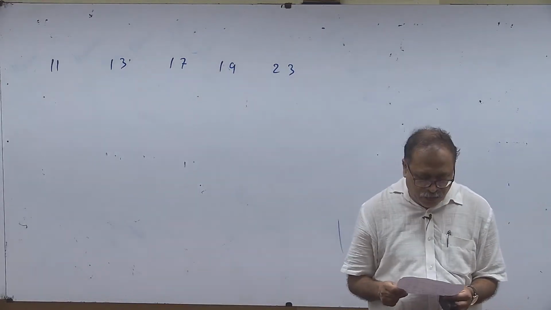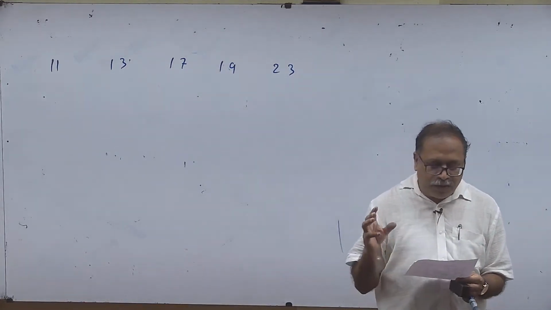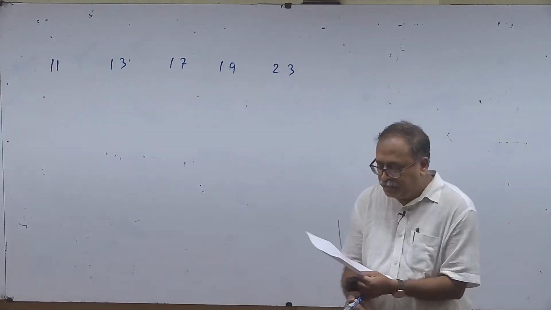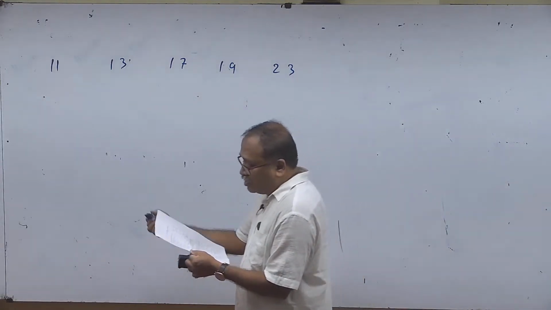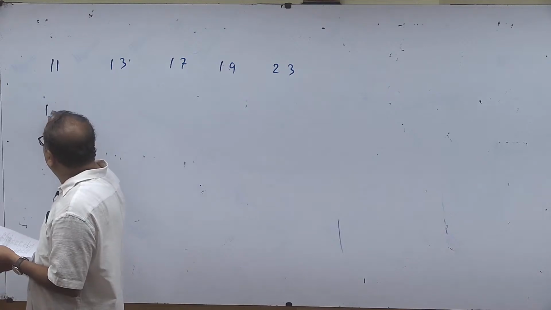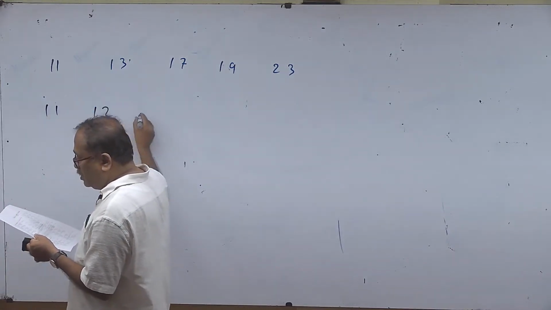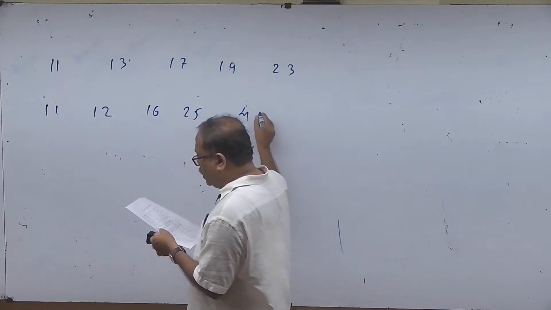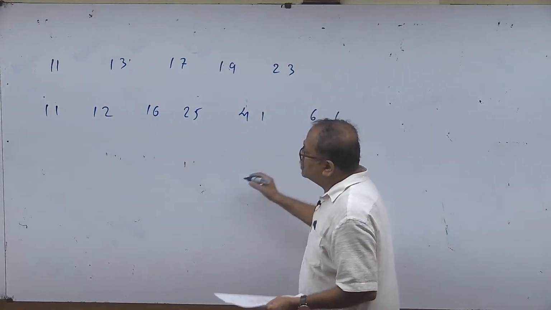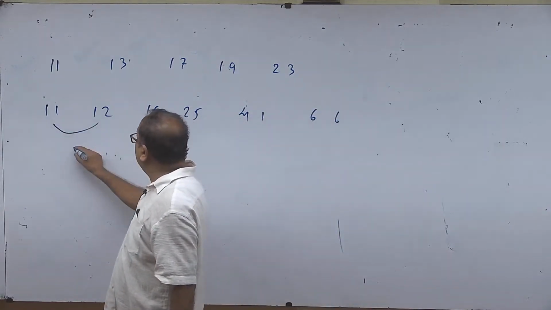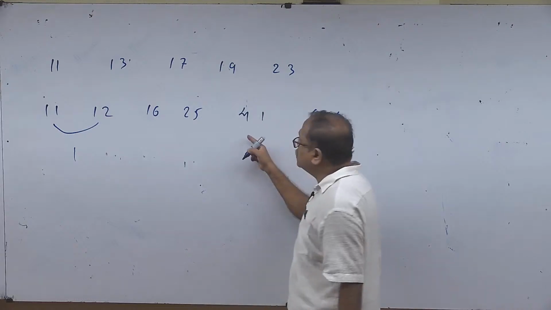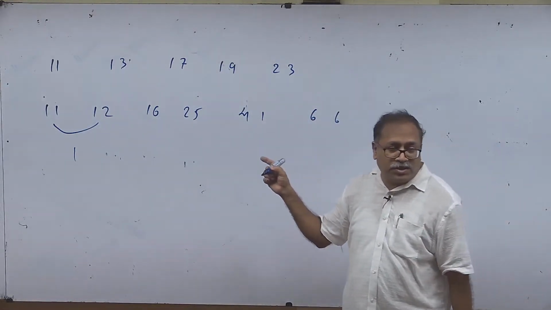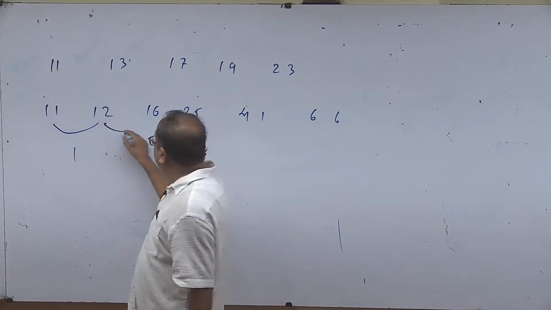Now question 4. 11, 12, 16, 25, 41, 66. I am not able to identify by observing. So this is 11, 12, 16, 25, 41 and 66. You find the difference is 1. I will take the difference because it doesn't seem to be multiplication. It looks like addition, right? So I will take the difference. This is 1 and this